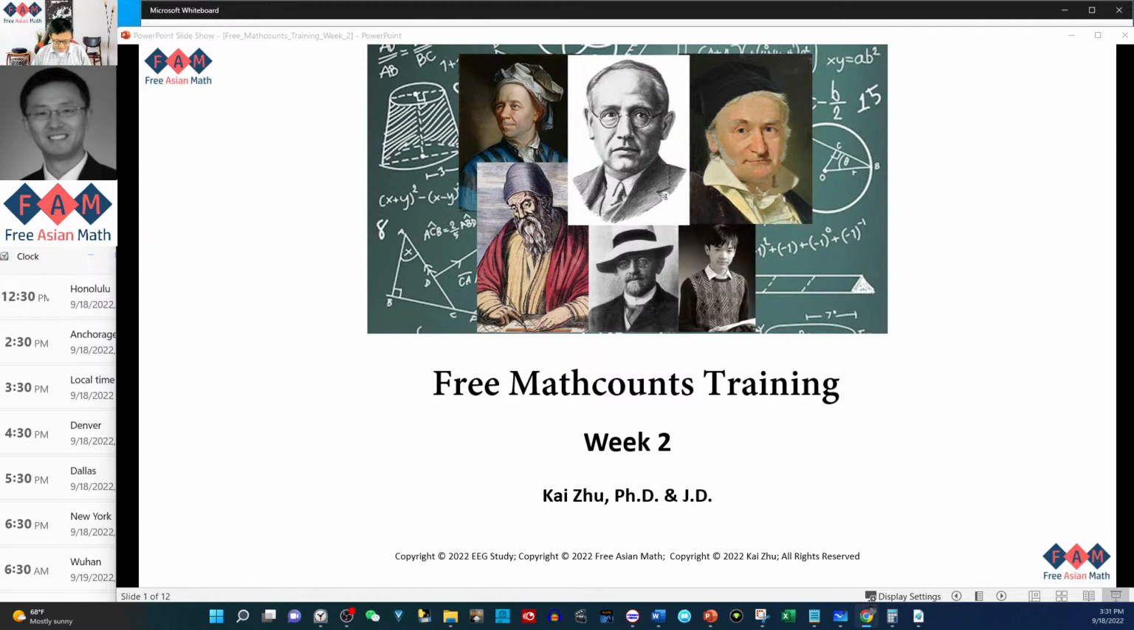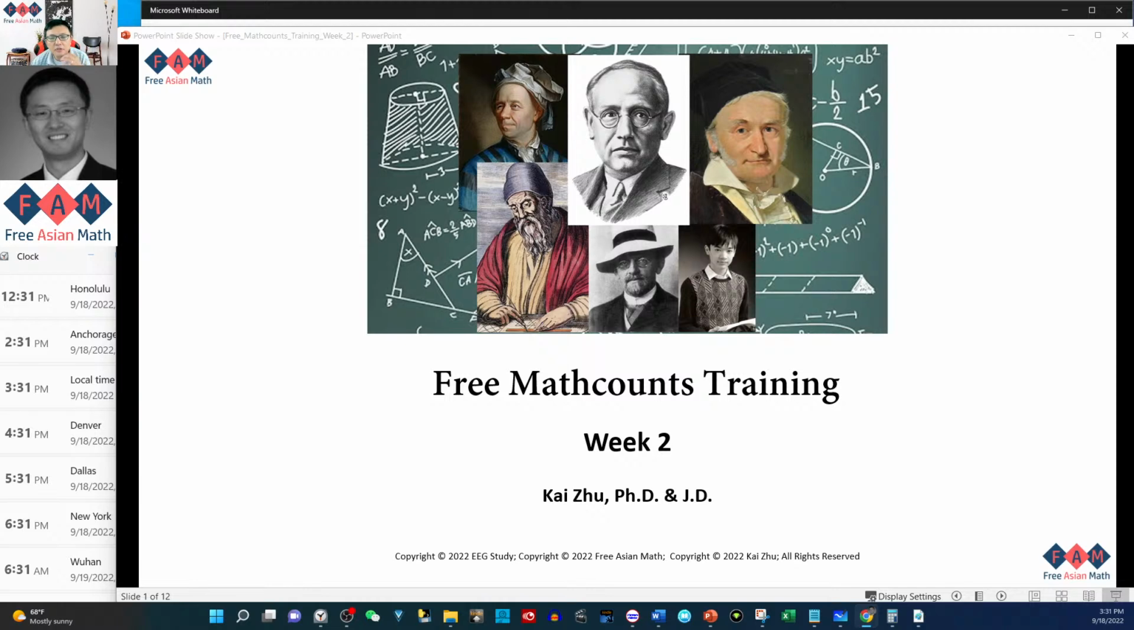So, this week we have 4 sets of minis. We are still focusing primarily on word problems, and speed is a big topic in many word problems, and we will work on quite some speed-related problems. So at this stage,